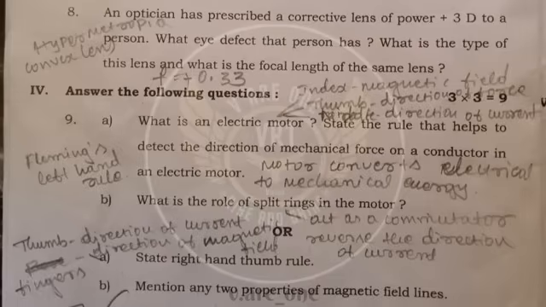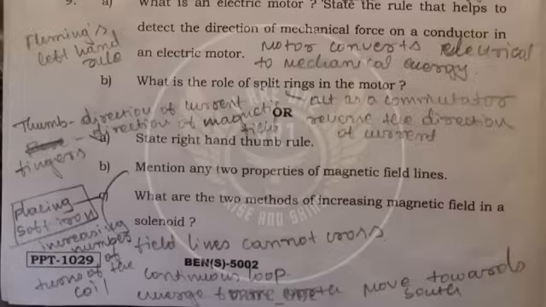In the fourth main, what is an electric motor? State the rule that helps to detect the direction of mechanical force on the conductor in an electric motor, and what is the role of the split rings in the motor. An electric motor is a device which converts electrical energy to mechanical energy, and here we use Fleming's left hand